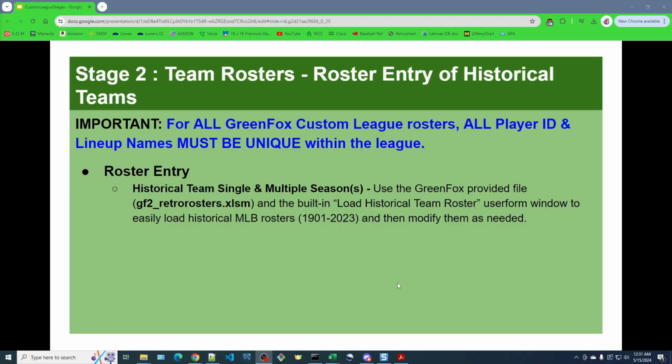Okay, so let's delve into these roster types a little more specifically. Let's first look at entering historical team rosters in GreenFox. If you have historical team rosters, whether they're all from the same season or different seasons, that doesn't matter here, as long as they're rosters based on a historical team in Major League Baseball between 1901 and 2023,